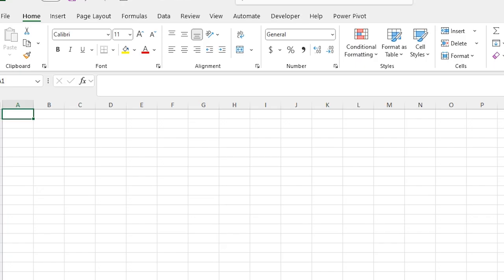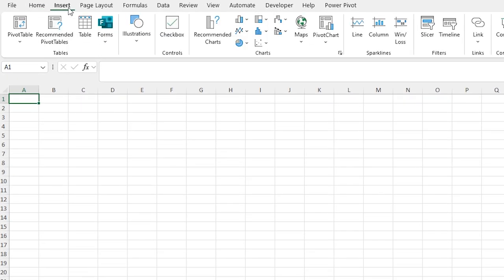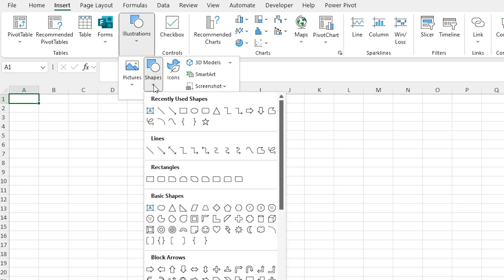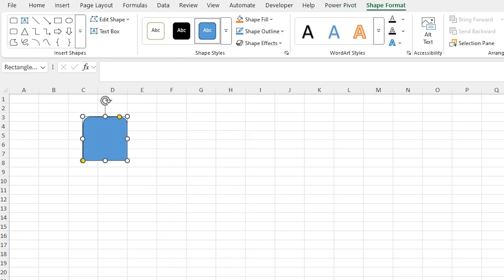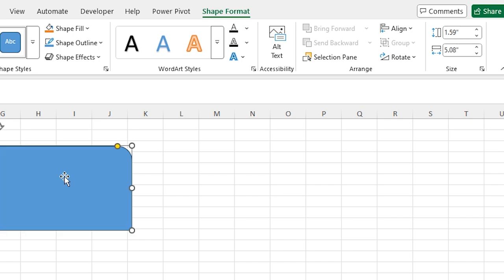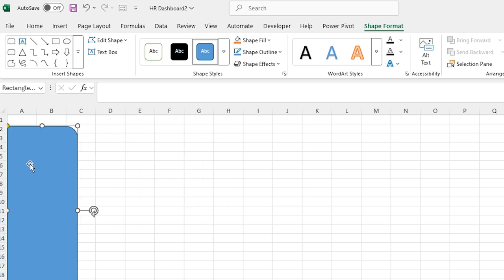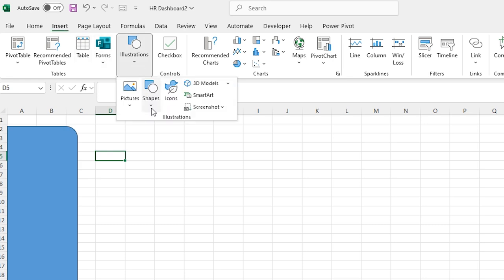Now let's go back to our Excel sheet and rename it as HR Performance Dashboard. Next, go to the Insert tab under Illustrations and choose Shapes. Select the rectangular shape with top corners rounded. Adjust its size to 1.59 by 5.08 and drag it vertically on the left side of the sheet. Again, under Insert, Illustrations, Shapes,